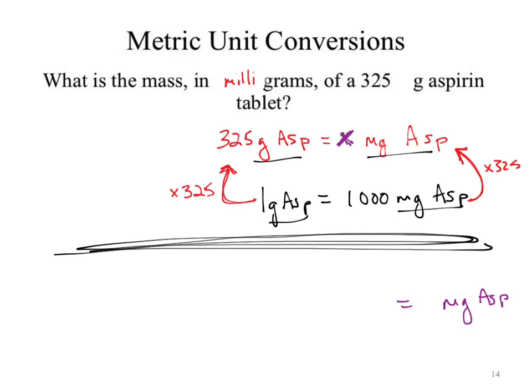What you're given. What am I given? 325 grams. Okay, and I know everybody hates this, but I'm going to say 325 grams is not right. What are you given? Grams of aspirin. Okay, you're too bogged down in the numbers. Trust me, I know. You need to go through and focus on the units.